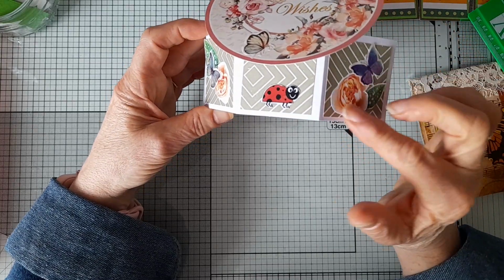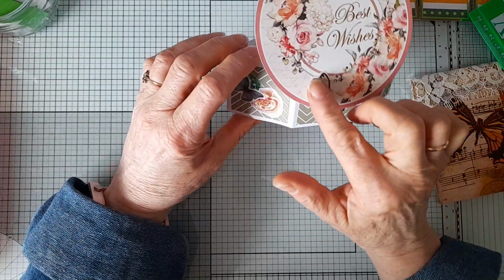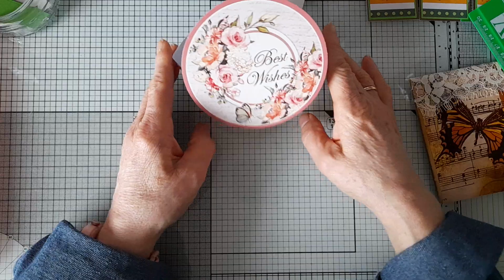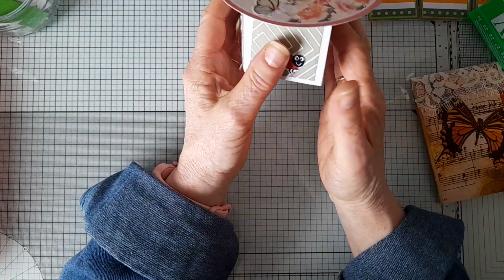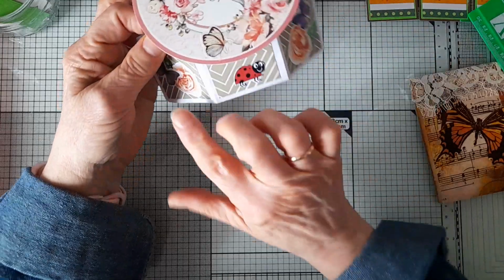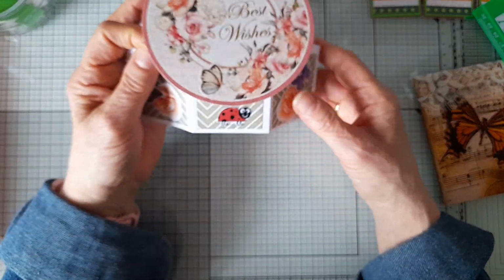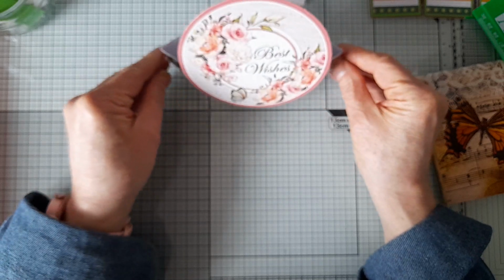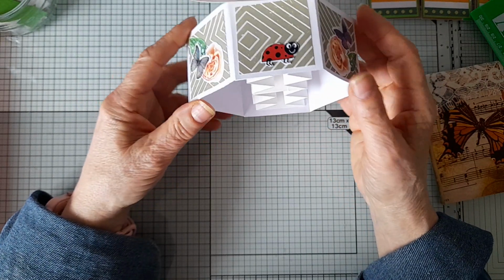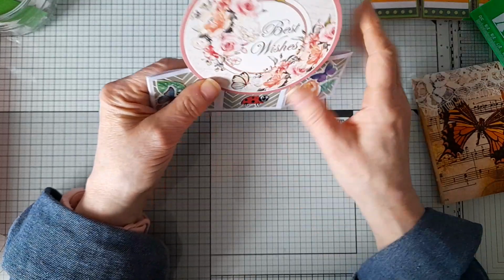So for this one, I just used some paper that went with the image colour-wise, and then I've used some flowers and butterflies here. Whoops. I've stuck a butterfly here, and then this gorgeous ladybird there. But you can leave it plain, you can use decorative paper, you can do whatever you want with this band around here. Of course, you can do it in a different coloured card. So I would say it needs to be quite flexible card, and you don't want really thick card, because otherwise you're going to have a very bulky